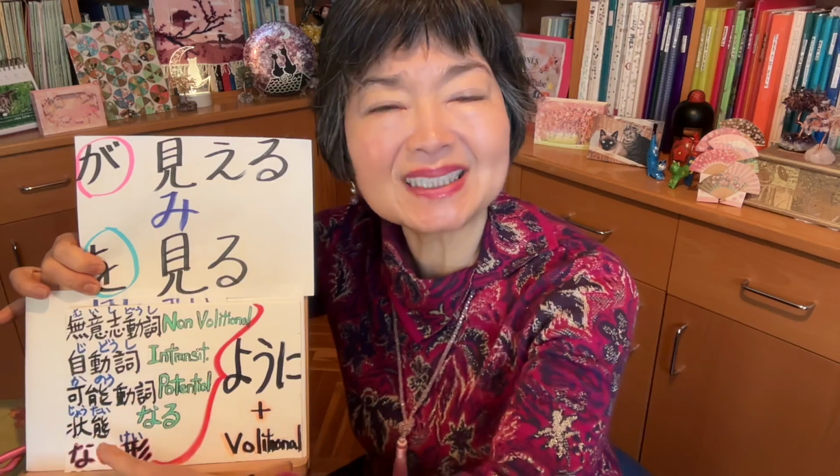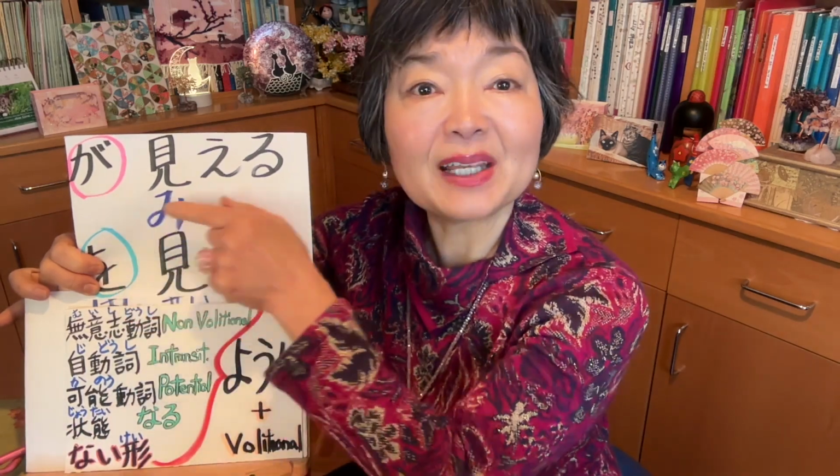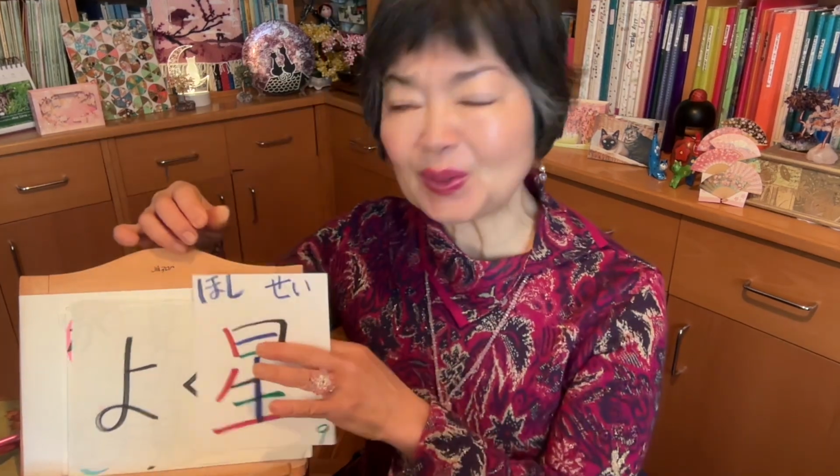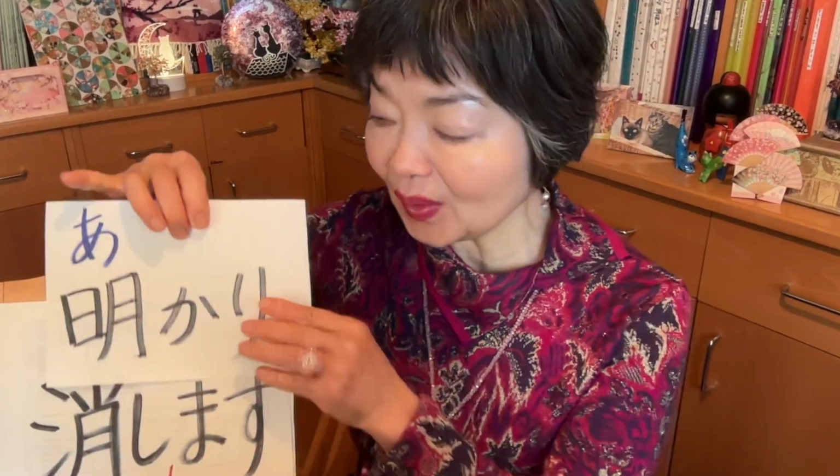Let's turn off the lights so that the stars could be seen well. The verb that I'm going to use in the subordinate clause is something が見える. Something is visible. 星がよく見えるように明かりを消します。消しましょう。星がよく見えるように明かりを消しましょう。